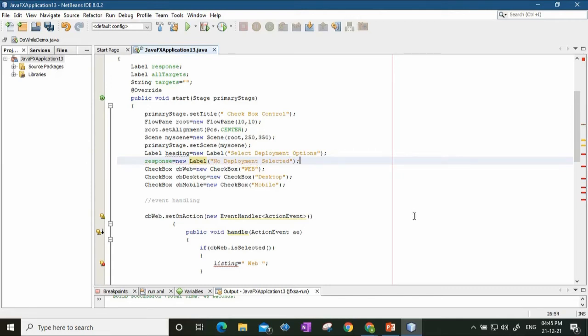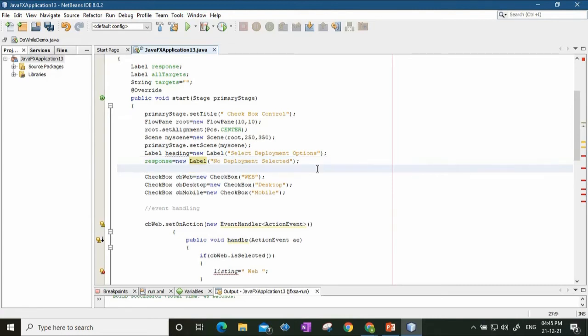Fine. And then since I've created another label called all targets, initially I will say all targets equal to new label, and the initial value for that label will be target list, and initially there is nothing, so I'll say none.